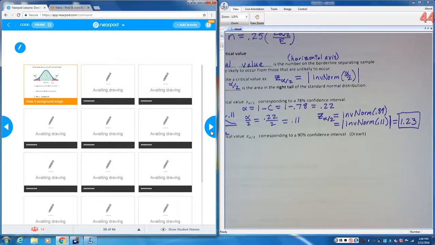2, 3. So z equals z alpha over 2. Z subscript alpha over 2. So on this next problem to draw it, I gave you the steps to help step you through it. You won't get the steps on the test, but